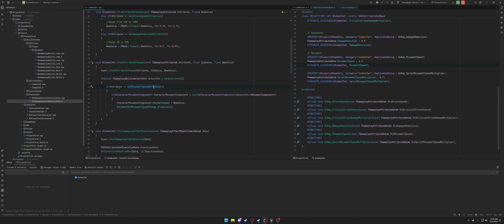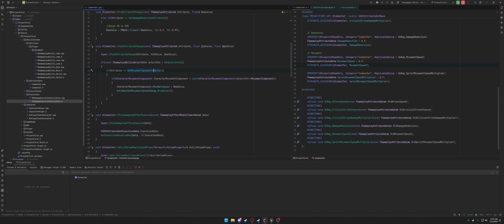So we compare it, and if it is the same, we need to get the character movement component, but this actor info only gives us the movement component. So we have to cast it to the character movement component, so then we can change the max walk speed to the new value that's coming in here, right? And after that, we're gonna broadcast